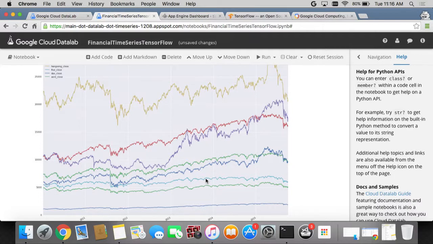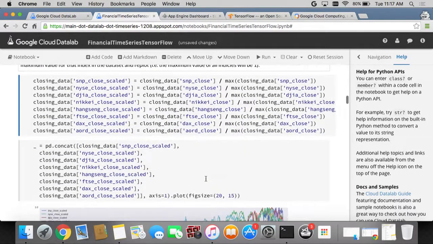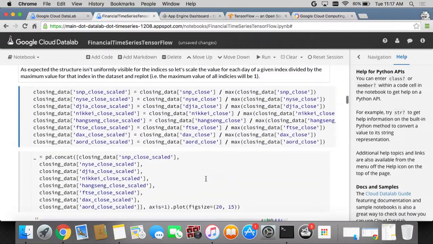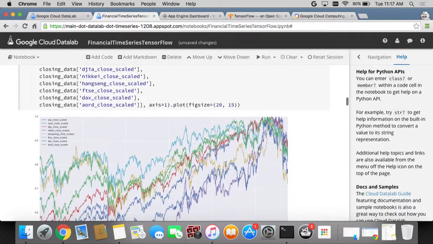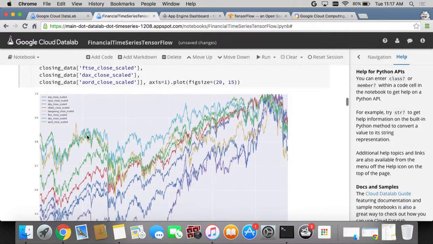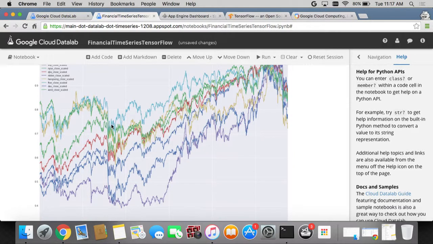linearized, so we want the data to be a little bit more similar in order to have efficient machine learning models. To make it more efficient, you can start using the max closing data to linearize it. Then you can start seeing that the markets seem to be correlated. That's kind of what everybody wants and everybody knows. However, being able to build a model which can represent this correlation is the challenge, and that's where machine learning is going to be helpful.